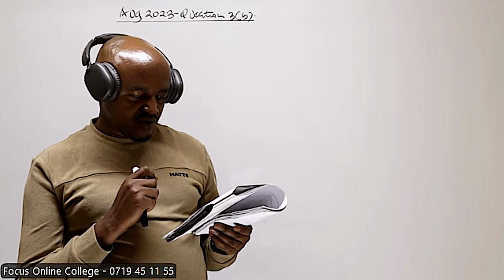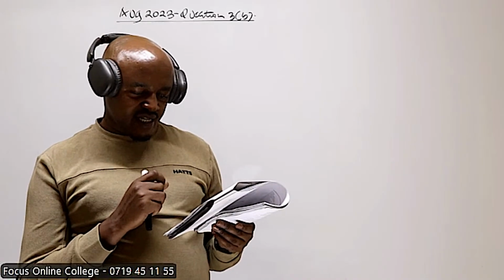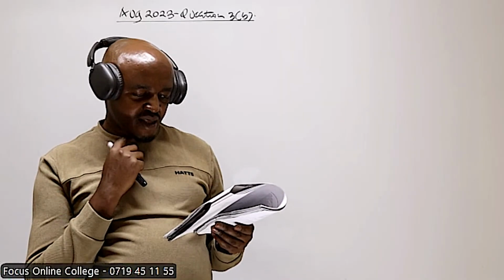So what are we required, or what are we required? We are told applying the requirement of IS 33 earnings per share to the information above, calculate Roman 1, the